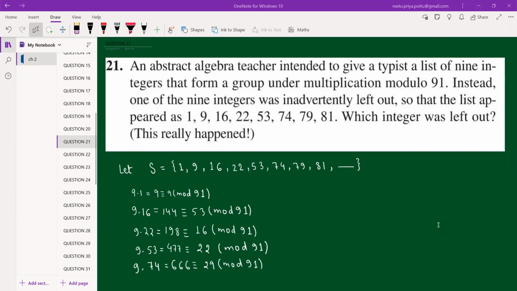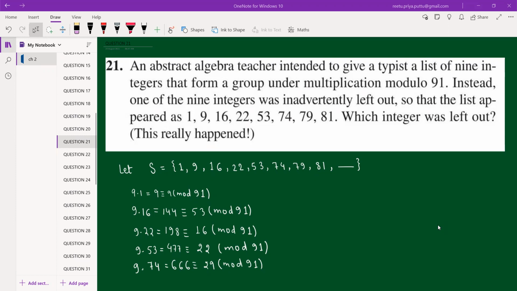So we were doing the chapter 2 question series of Joseph Gallian, and this is the fifth part of this series, because we have already done 20 questions in 4 parts. In this video also we will try to solve 5 questions, depending upon the length of the video. So let's get started without any further delay.